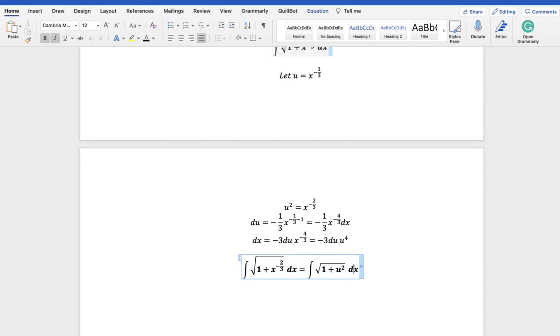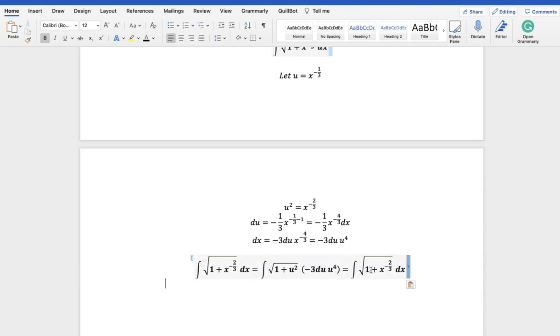And then this dx is equal to negative 3 du times u to the 4, right? So simplifying this, what you get is